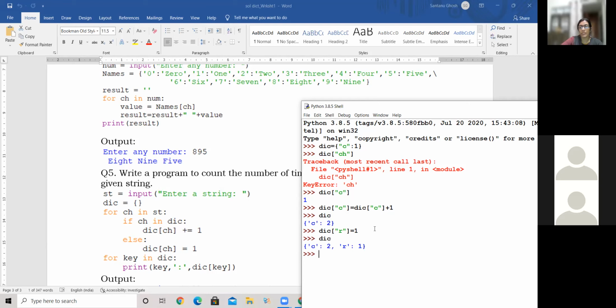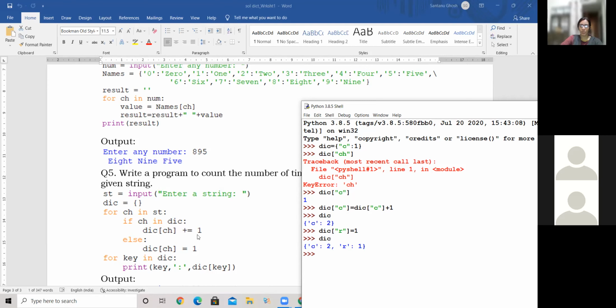He does not give an error that you're trying to modify a value which is not existing, that key doesn't exist. Because of this advantage, this kind of question can be done so easily. When I'm giving him new data, he will add it if it is not existing. If it is existing, I'm asking him to extract it, add 1 to it, and then replace it back. That's what we are doing here.